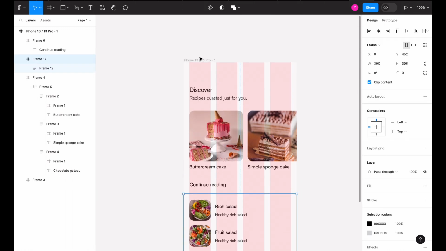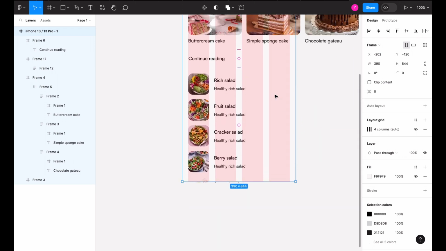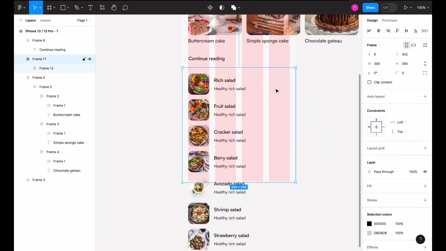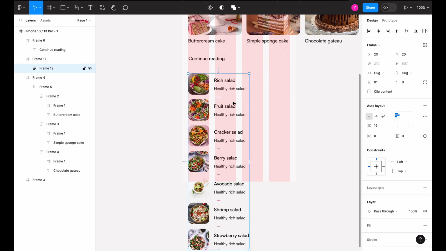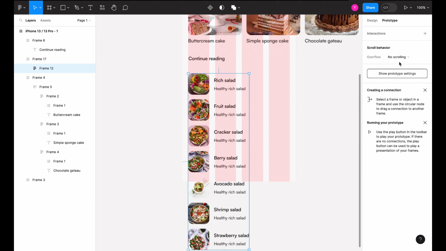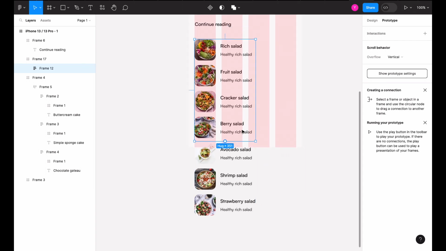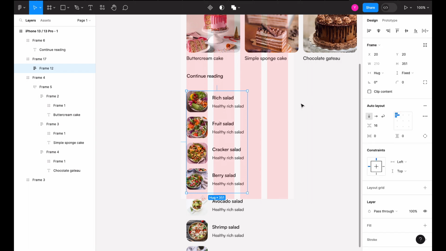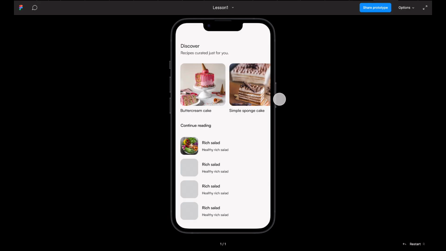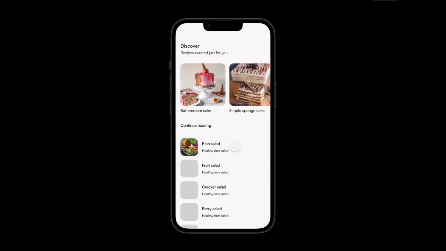So now another thing we want to do is to go back and unclip our content, also come to the frame and unclip the content, because this is now inside this frame, and you tap on the content you're trying to scroll vertically. You click on prototype, and if you notice, the position is no longer here because now our component is inside the frame. So we click on vertical scroll, the same thing we did for horizontal scroll. We drag it to the level where we want it to scroll to, and then we close, and we come to our prototype, our preview,